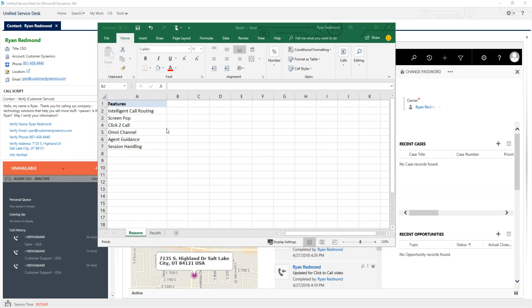A couple of the things that I wanted to just point out in this video are the reasons that companies will generally do some kind of integration. Kind of call those out, and then the second tab over just shows you the results of some of these efforts. So going through some of these things, intelligent call routing, that's where you can take any data that's in